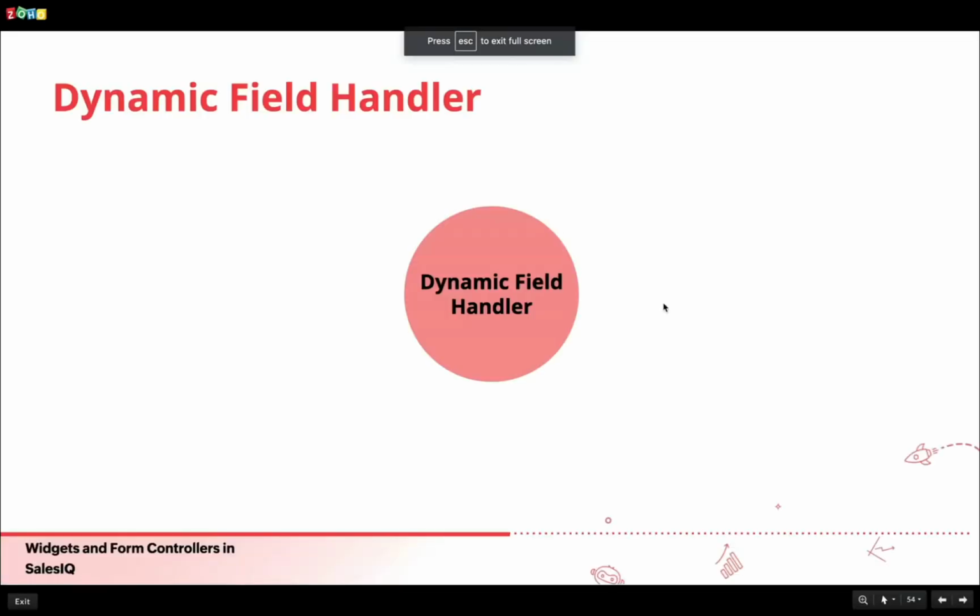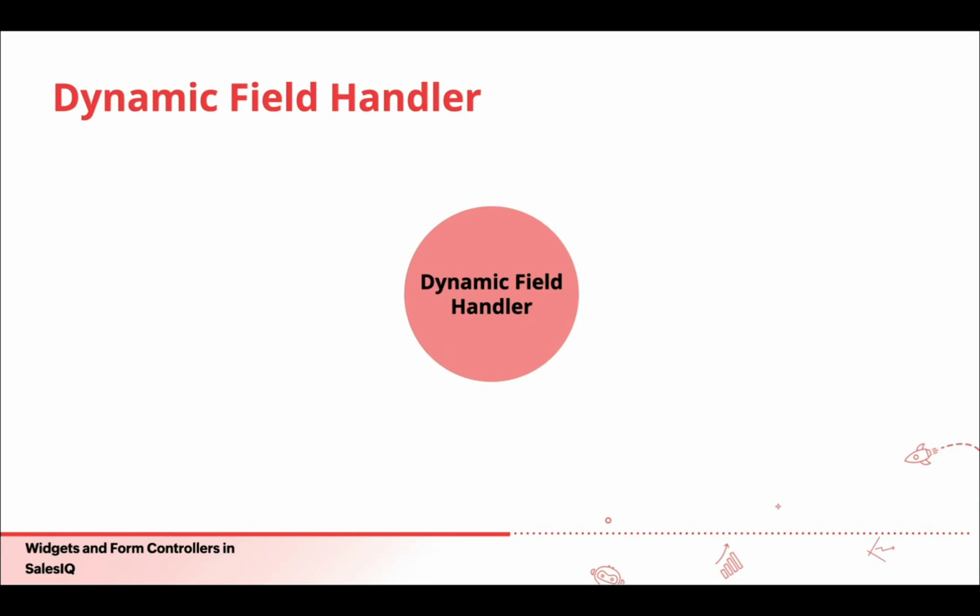The dynamic field handler is associated with the dynamic select field type. So this is basically for the field based on user inputs. Here the list of menu items to be populated in the drop down will be configured in the handler as a comma separated value list, and then the search trigger works based on the following criteria: starts with and